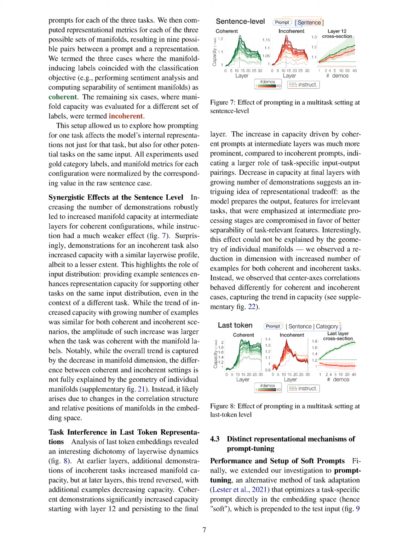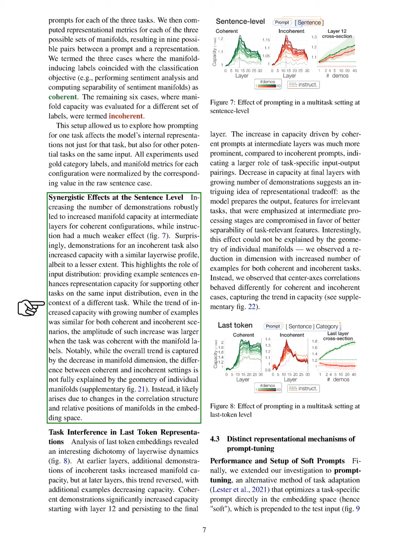Section Summary. In this section, we analyze how the correlation structure of manifolds influences their capacity and how different prompting methods affect the internal representations of language models during tasks. Our findings indicate that while instruction prompts yield better accuracy, demonstration prompts enhance representation structure and manifold capacity, revealing complex dynamics in model performance and sensitivity to example selection.